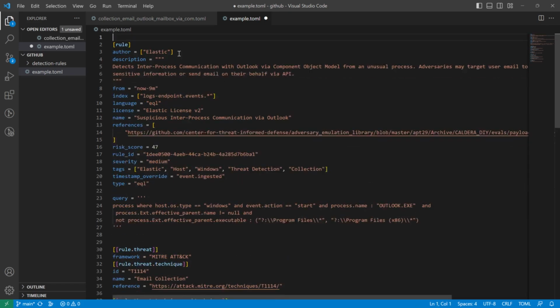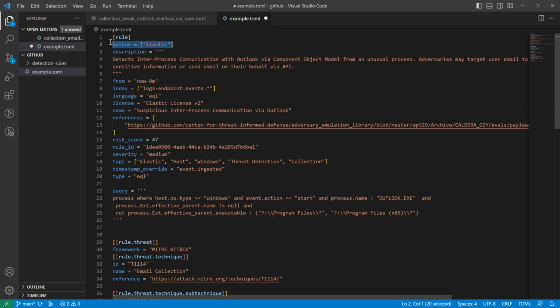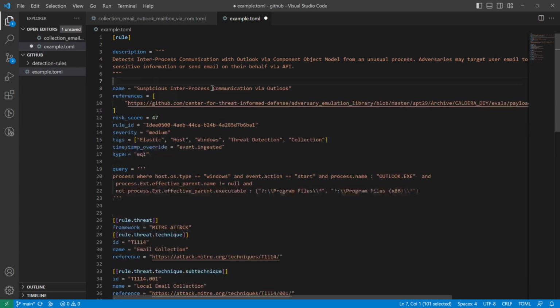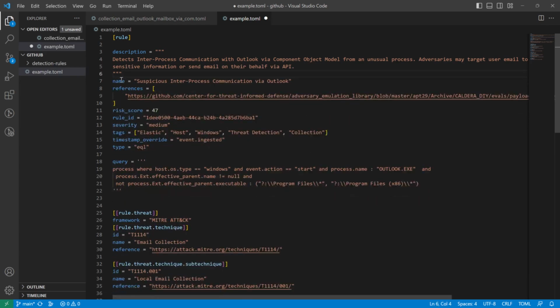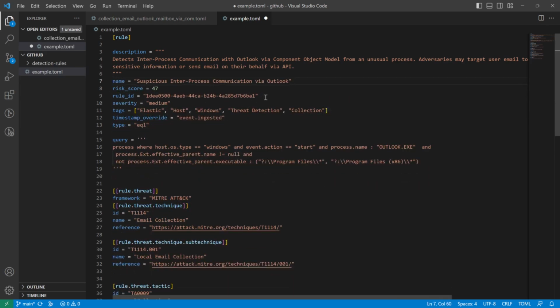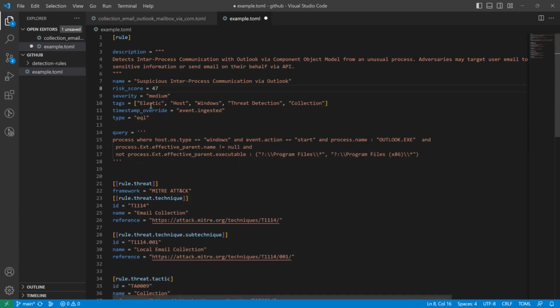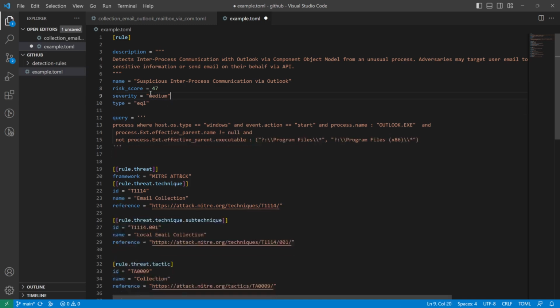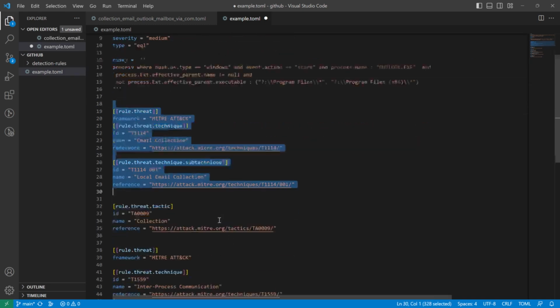So we have metadata, author, from, index, language, license, name we need, references we can get rid of, rule ID we can get rid of, all these, query we need, all this MITRE